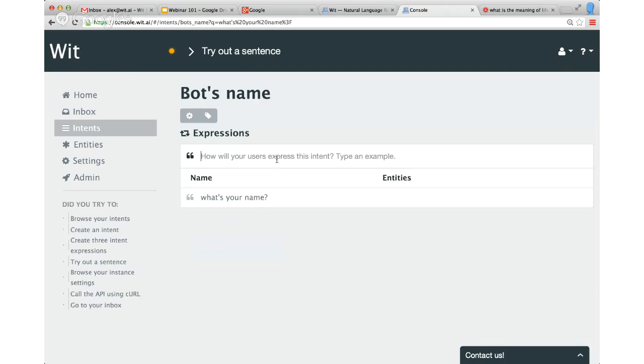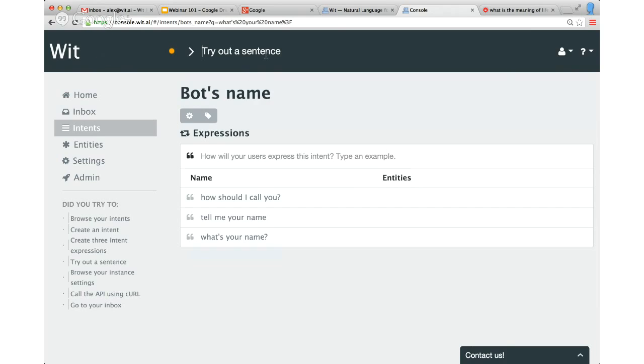Okay, we have a new intent, and if you happen to have other synonym sentences in mind for your intent, you can just type the expressions from here. So for once, I won't type in the tryout sentence field over there, but straight in this field in the middle of the page. So something like, tell me your name, how should I call you, and so on. So that's okay.